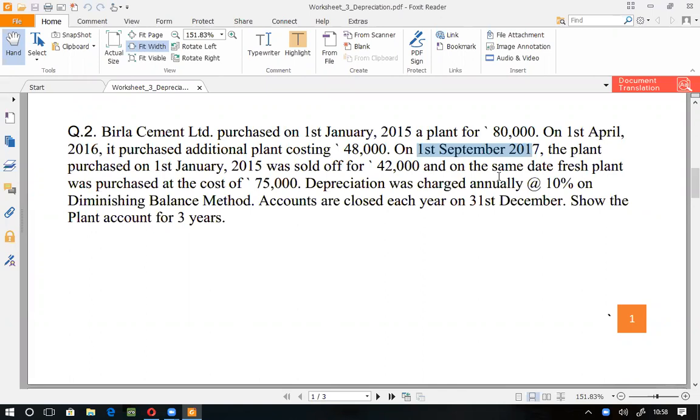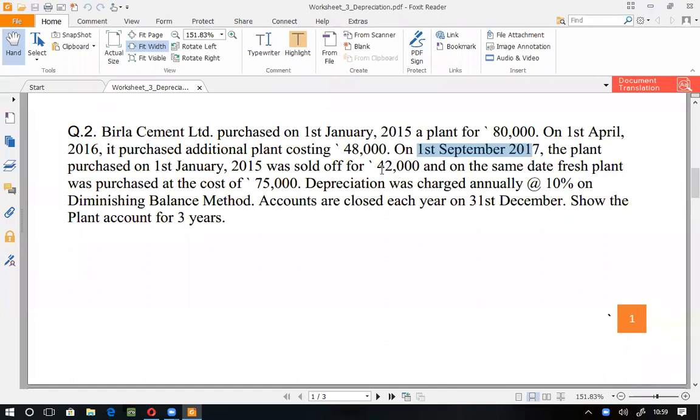जैसे month का concept means 1st September को ये machinery हमने purchase करा है and accounting year we are closing on 31 December. So September से 31 December तक कितने months हुए? How many months are there from 1st September to 31 December? 4 months. So on this machinery which is being purchased on 1st September, we'll be calculating depreciation for 4